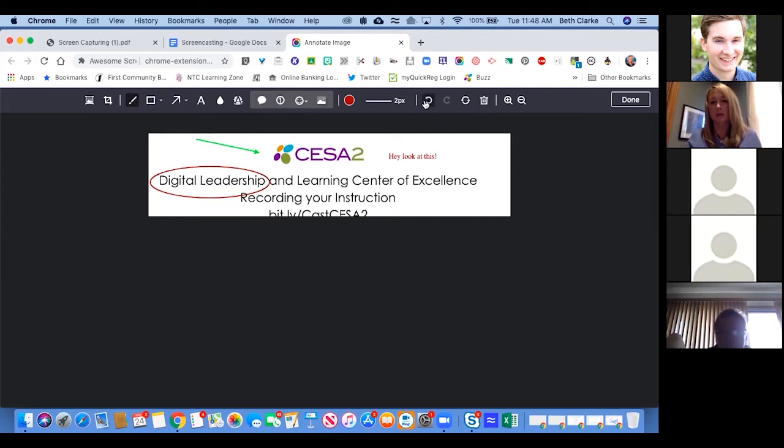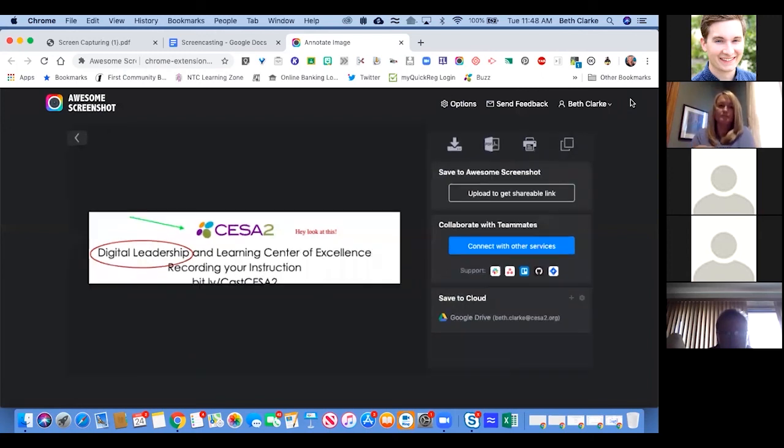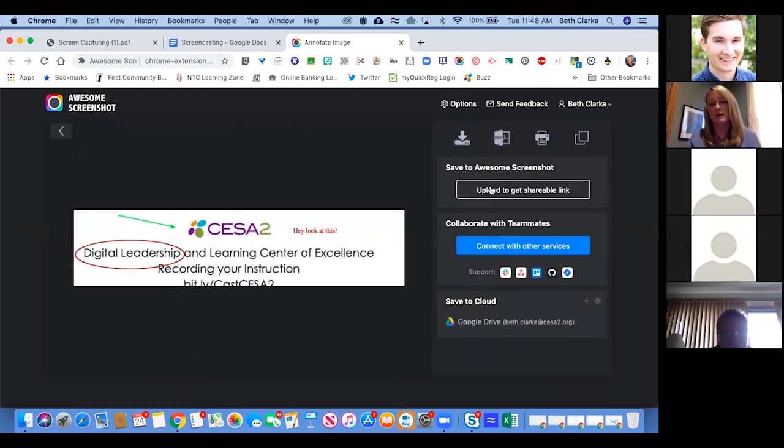So you can undo, which is great. So if you put something on there, you don't want it anymore. And you can delete this if you aren't interested. This is how quick you can annotate on top of a screen capture. Then I click on done. And these are my options here. I can connect with other services, which we probably won't do, but I can save it to my drive